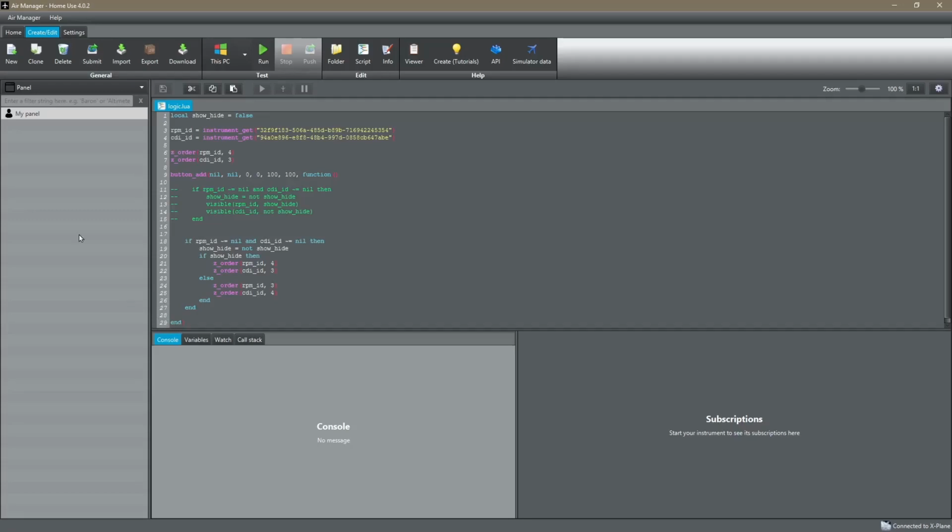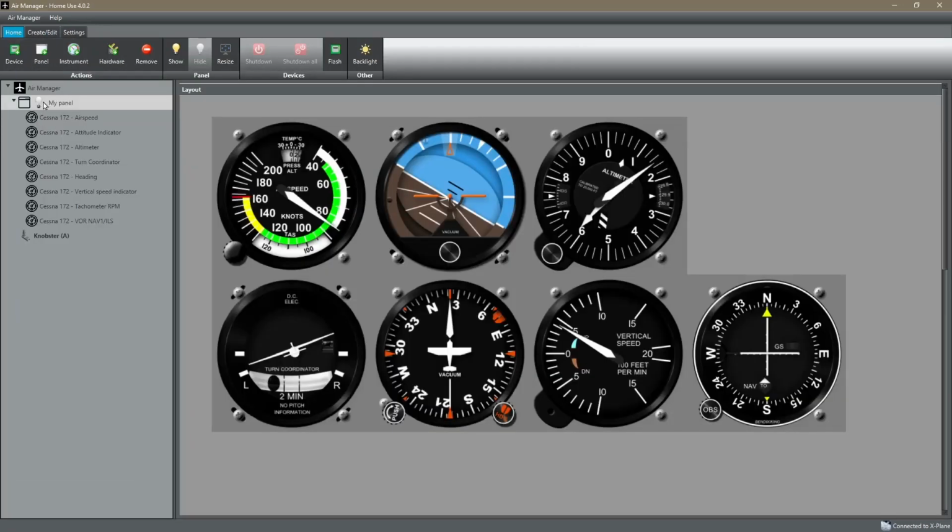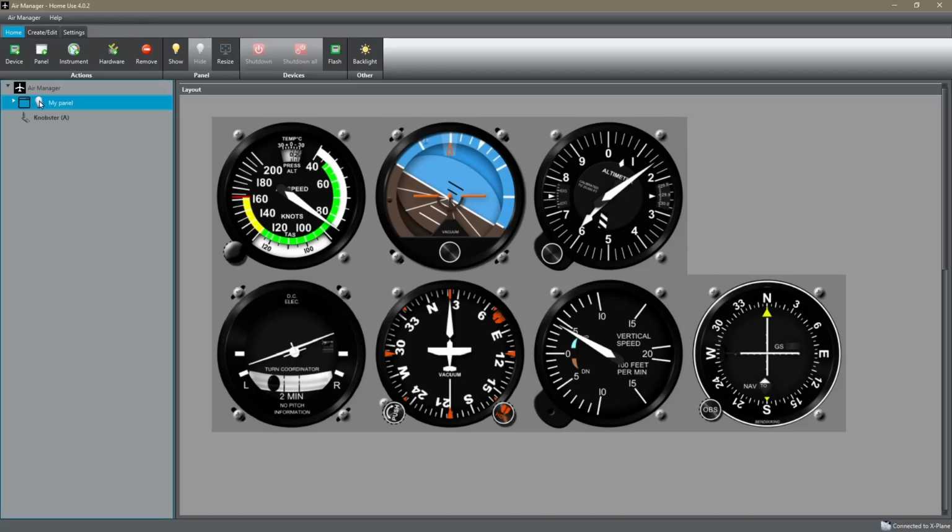And the beauty of this is that, just like with your instruments, when you do an edit here, once you save it, if you've got your panel already open, you just close it and then reopen it again, and you've collected that new script. Whatever edits you've made are now dragged in. You don't have to keep doing this process. If you're just changing the script, you can keep tinkering with the script as long as you save it in Create Edit. If it's not open here, or if it is already open, you just close it and then reopen it again, and you will drag the new code into the panel script so you can check if that's working okay. So if we go ahead now just very quickly and run our panel,